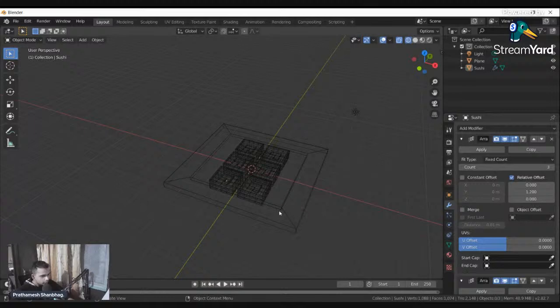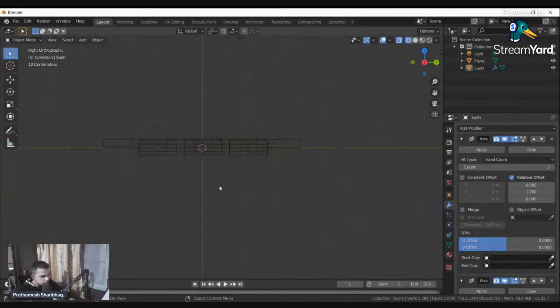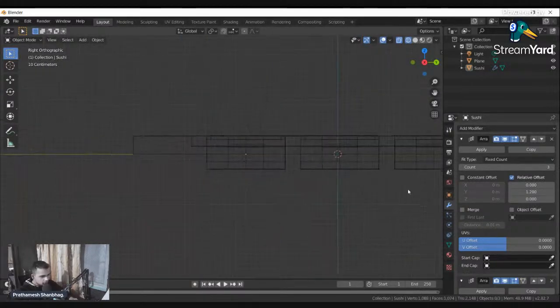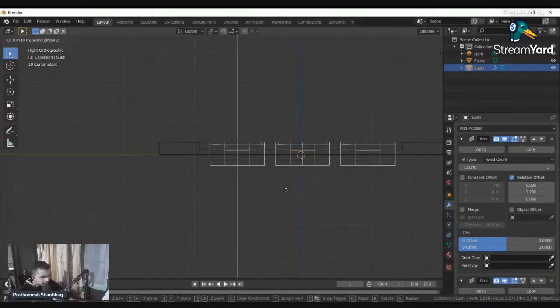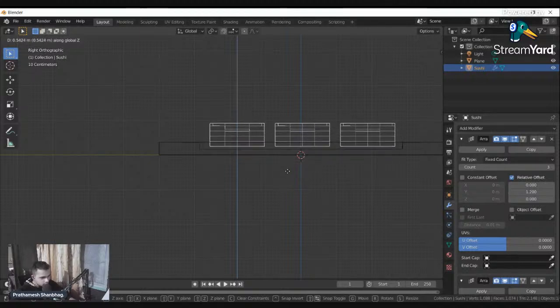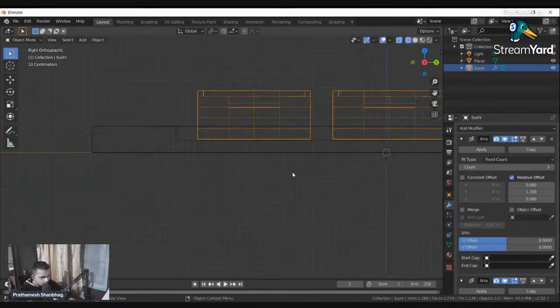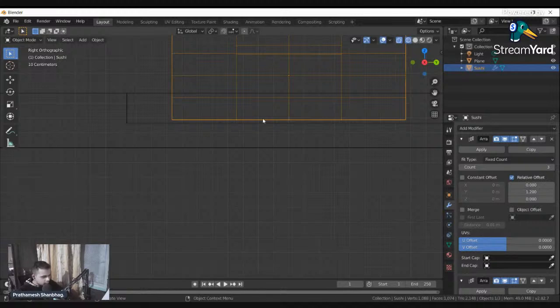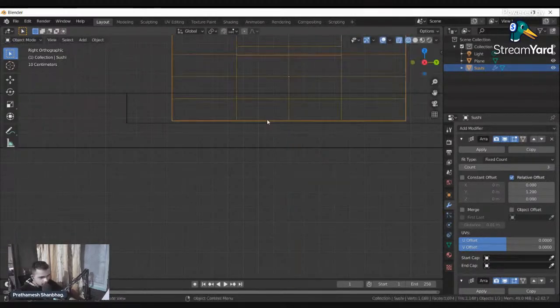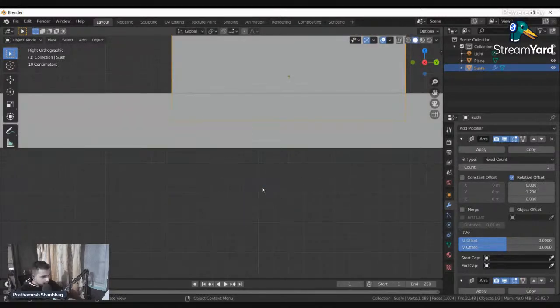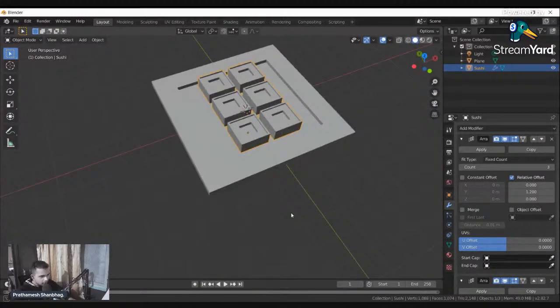Now what we don't know is how deep is the sushi inside the plate, so we'll have to go again in the right view just to see. And as you can see, the sushi is going underneath the plate, so that's not what we want. Press G and press Z to snap it to the Z axis and move the sushi on top. I'll just have a closer look. As you can see, there's still a gap, so press G and Z and move it exactly above the plate, and this is what you have as the result.